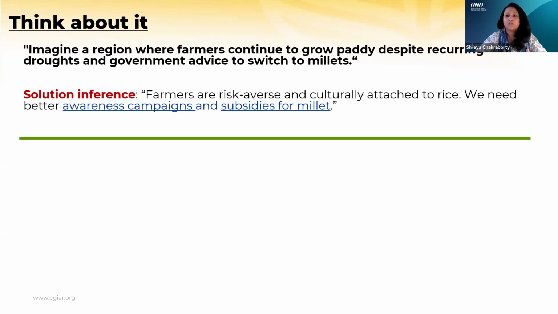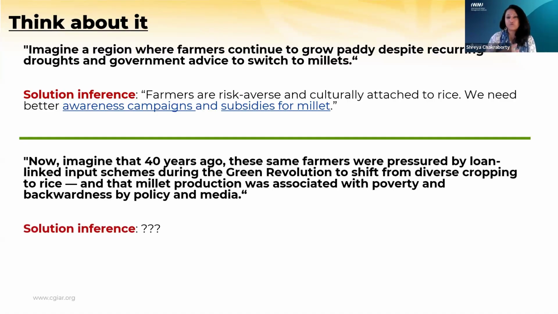So generally, when we do a lot of our economic and technical analysis, we come to solution inferences like, well, farmers are risk averse, they're culturally attached to rice. So the solutions we need are, well, you need awareness campaigns, you need subsidies for millets, and that's going to work. And then suddenly you get this piece of information from a historical perspective where you realize,